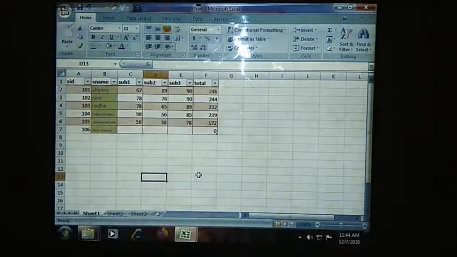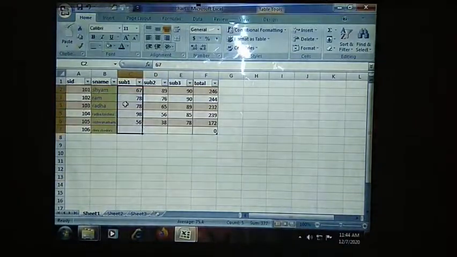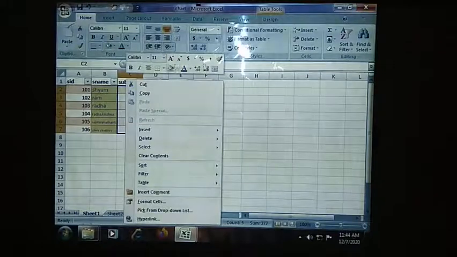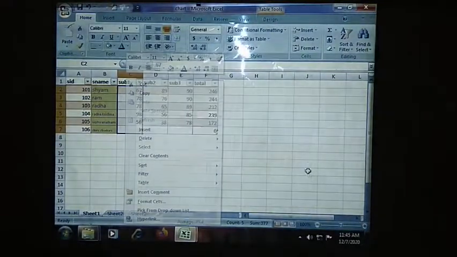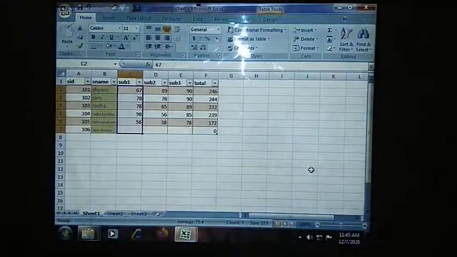Like this you will be using these two options, shrink to fit and wrap text, and filling the colors. Not only this, you can fill the color with the mini toolbar also. If you give a right click, you will see the mini toolbar, where you will have fill color and text color. You can increase or decrease the size, change the style, go for bold, italic. Already we have discussed this, but as the topic came up, I am discussing it one more time. I hope it is clear.